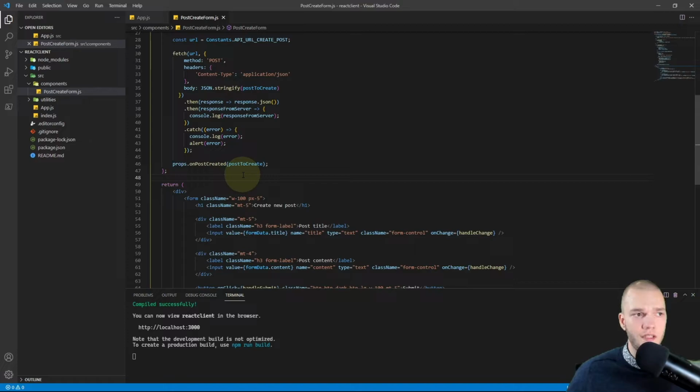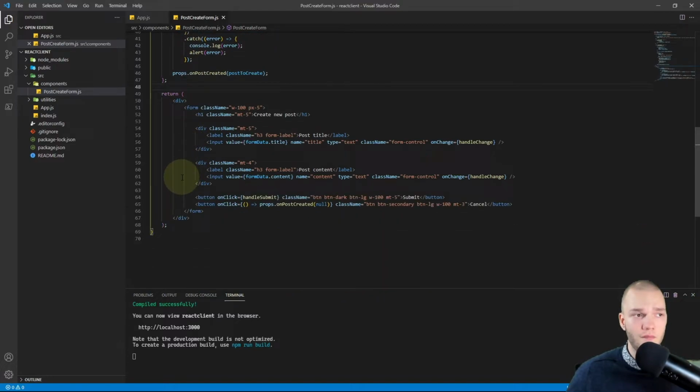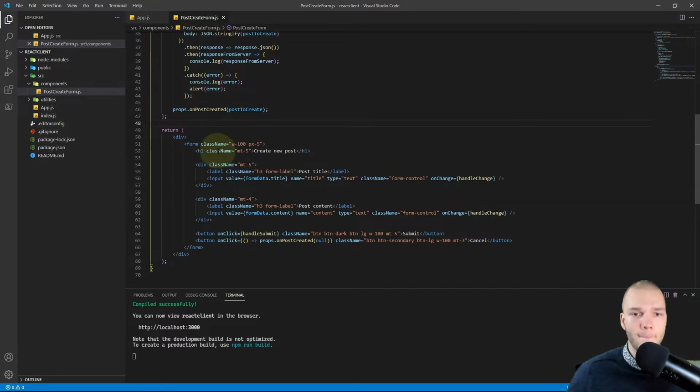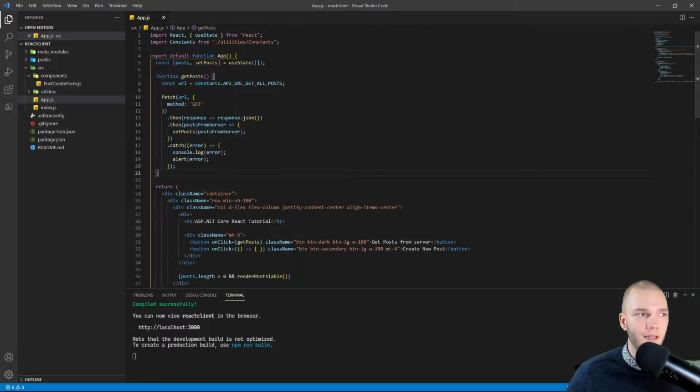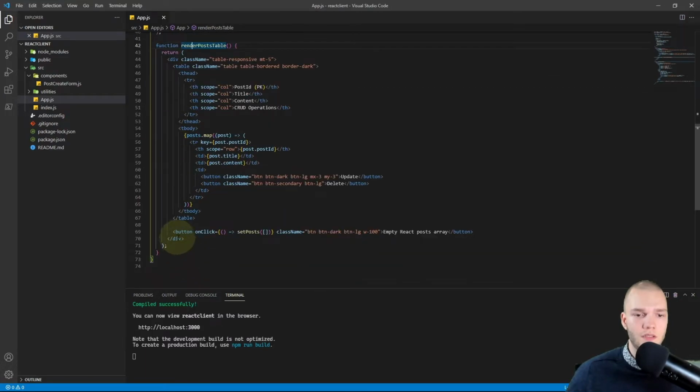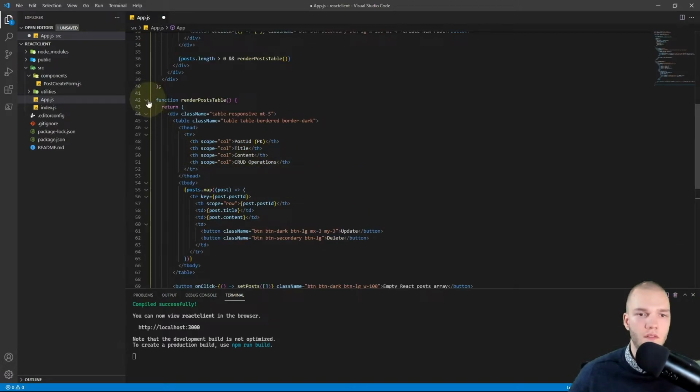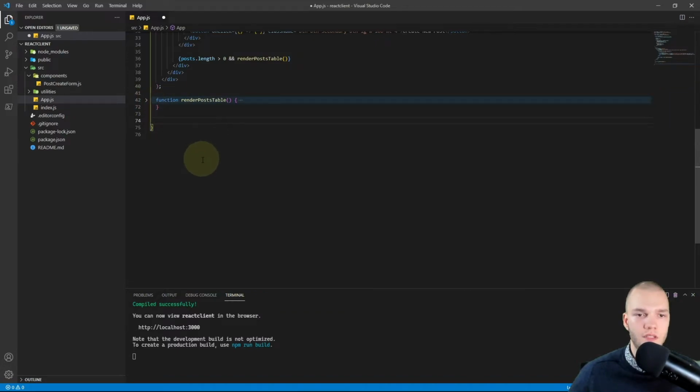Let's finish implementing the create feature in app.js. So I'll close it, and back in app.js, I'll first implement that onPostCreated function. Below the render posts table function, I'll add an empty line between, and I'll tuck it in so it's easier to see.